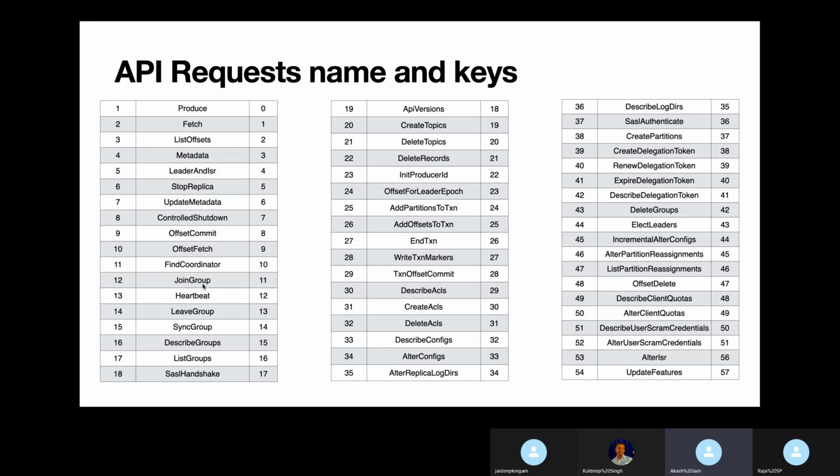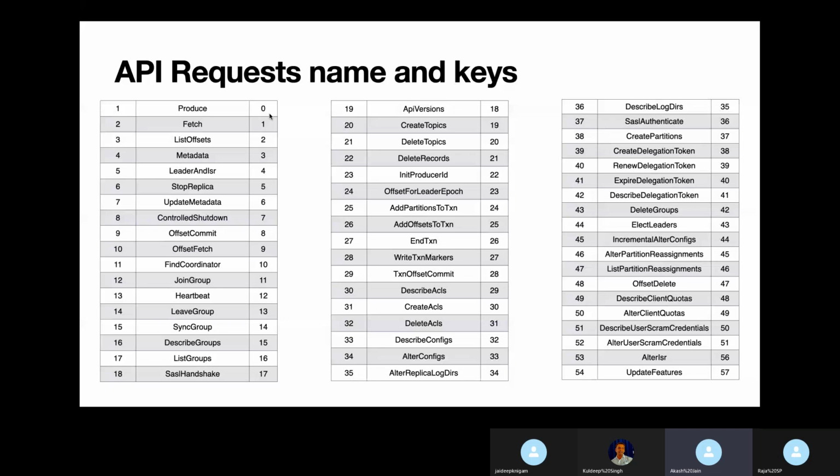So these are the kinds of requests that are there, and there is an API key associated with each. The Kafka protocol uses something called a key number. If I am the consumer and I want to consume from a particular topic, I'm supposed to send a fetch request, and the Kafka broker identifies that request using keys. The key is one for fetch, and similarly for all the other requests I mentioned here. We are not going to go through all the requests, but the basic idea is that there are many requests, and each request has a key, which is used by the Kafka broker and client to identify what kind of request it is.